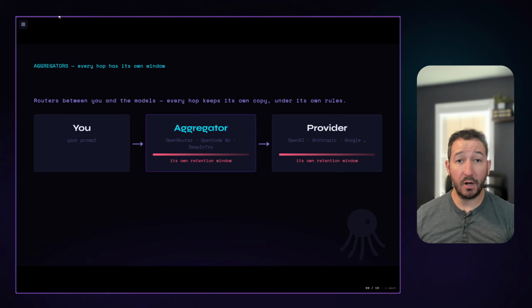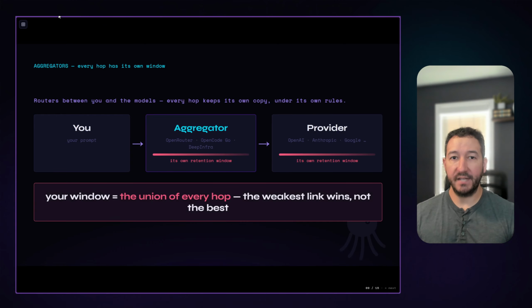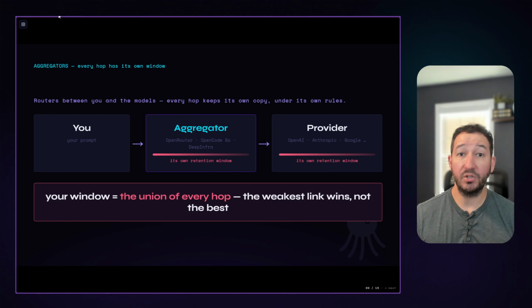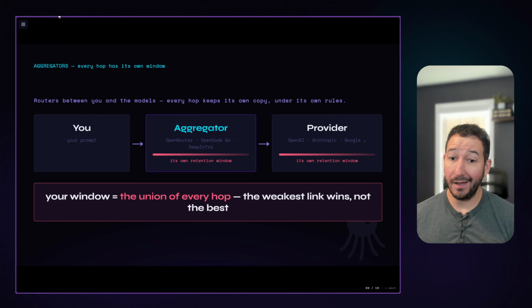Okay, so everything I was talking about before with Gemini, Claude, OpenAI, now you have an aggregator sitting in front of them that might have its own retention window. And so your retention window is kind of the union of all of these retention windows. And whichever one has the longest retention window, that's the one that's going to apply to you the most.